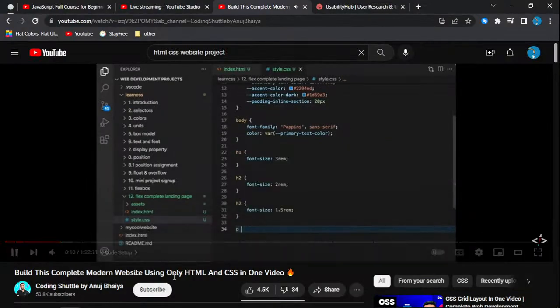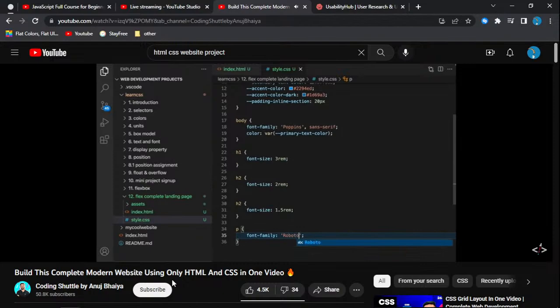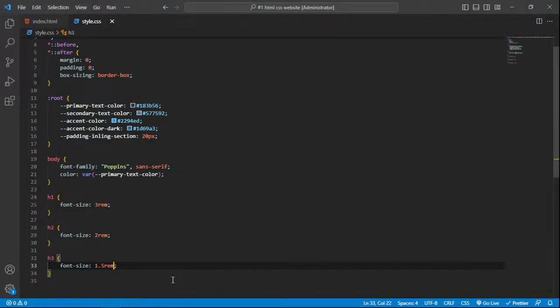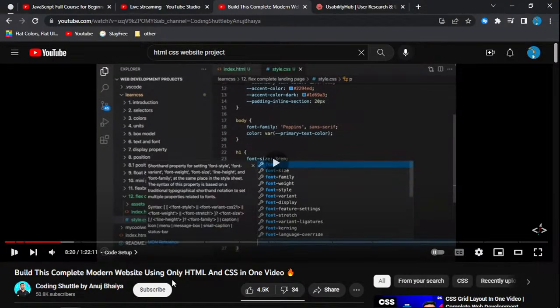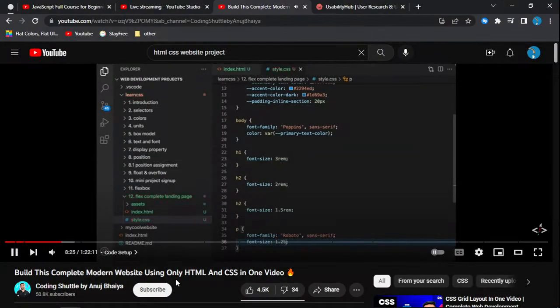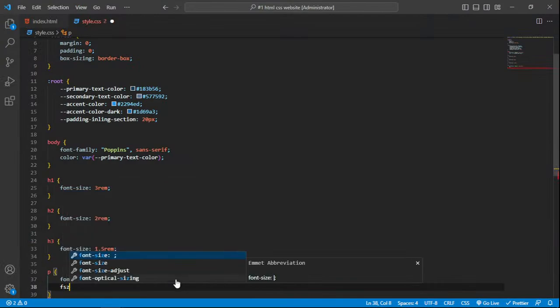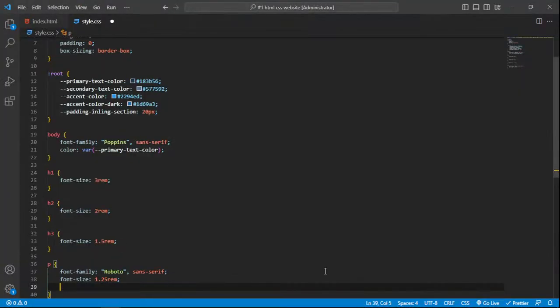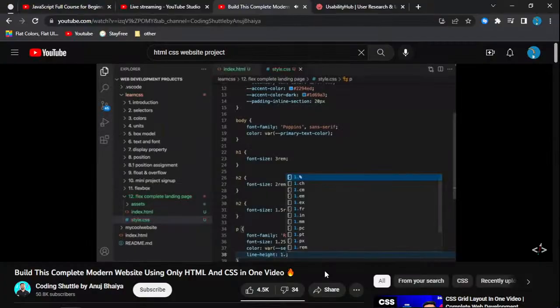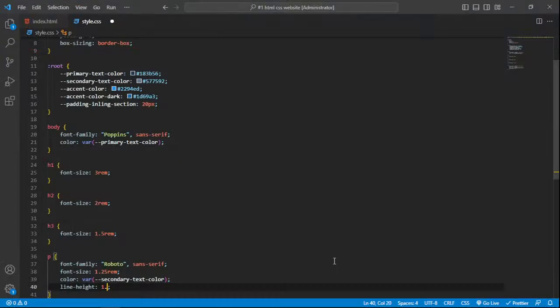इसके बाद हमारा जो पैराग्राफ है इसकी हम फॉन्ट फैमिली भी चेंज कर देंगे। तो इसकी जो फॉन्ट फैमिली होगी रोबोटो एंड देन सैंस सेरिफ फॉल बैक। उसके बाद उसका फॉन्ट साइज चेंज कर देंगे। तो यूजुअली 1 REM का होता है, 1 EM का होता है, हम इसको कर देंगे 1.25 REM। एंड देन जो कलर होगा इसका होगा सेकेंडरी टेक्स्ट कलर। और जो लाइन हाइट होगी इसकी वो भी हम थोड़ी सी बढ़ा देंगे, लाइन हाइट ऑफ 1.8 REM। इस तरीके से हमने हमारे जितने भी टैग्स हम यूज़ करने वाले हैं उनको यहाँ पर स्टाइल कर दिया।